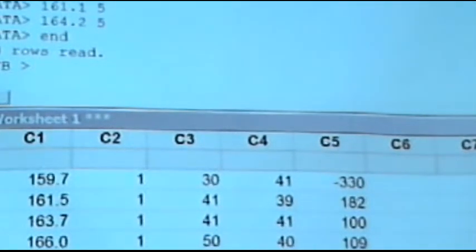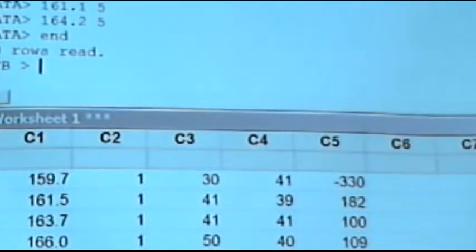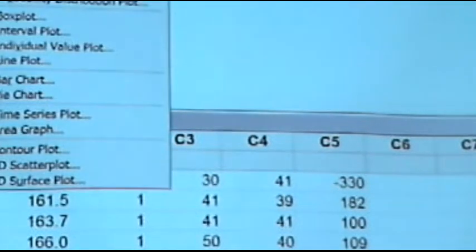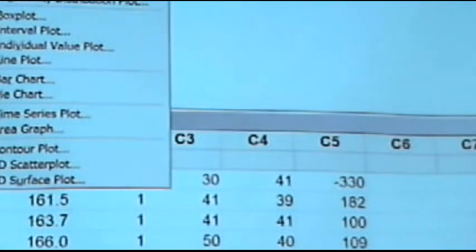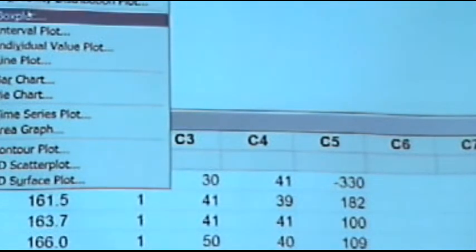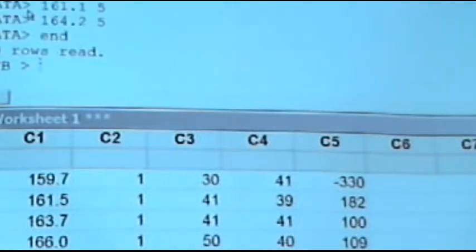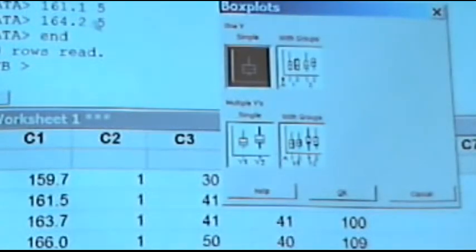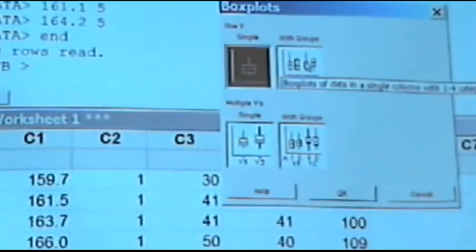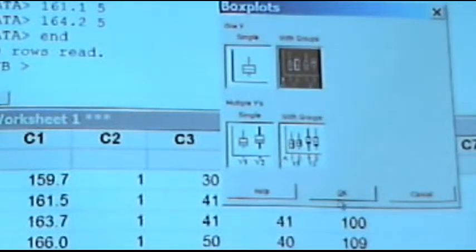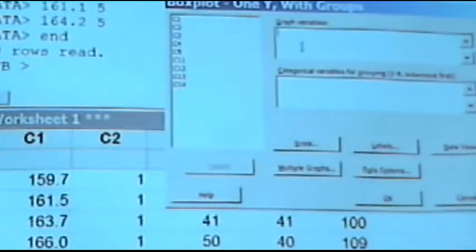And then let's do the box plots. This is what we're doing. We could do a dot plot, but let's do box plots. Just keep in mind, it might be messy, because we do have a grouping like that. Let's hope that's what we do. Yeah, the graph variable is C1. Categorical is